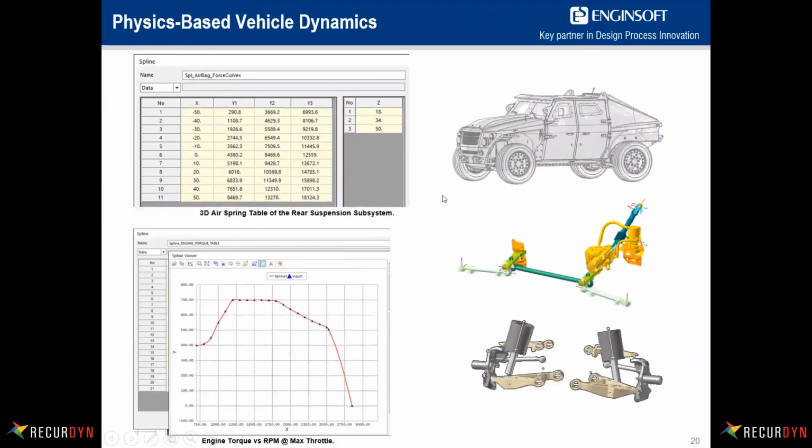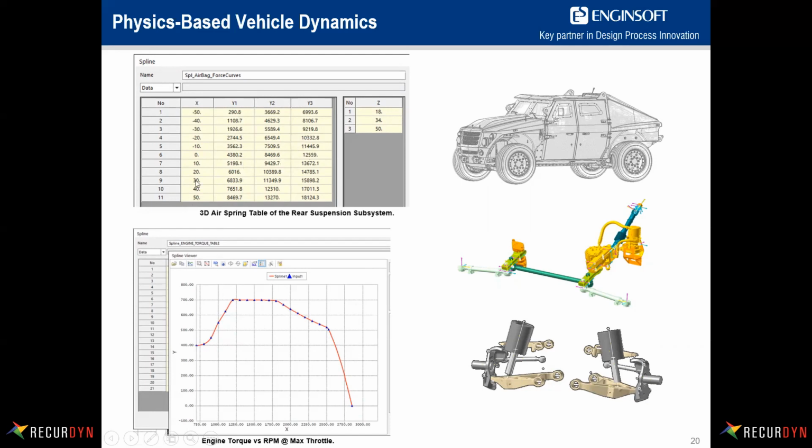So this is showing some of the inputs that go into this wheeled vehicle. We have a detailed model of the steering assembly, and then the suspension, and then different tables of information. This is the air spring for the rear suspension, and that's expressed basically as a lookup table. We have different Y values, different X values, and the values in the cells are the Z value from the table. So we can be varying two different aspects of the suspension behavior,